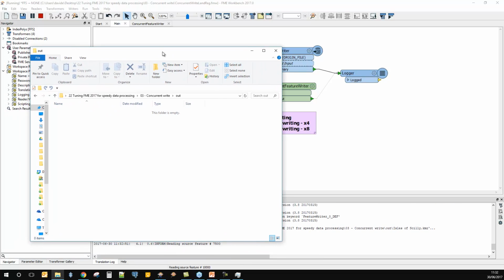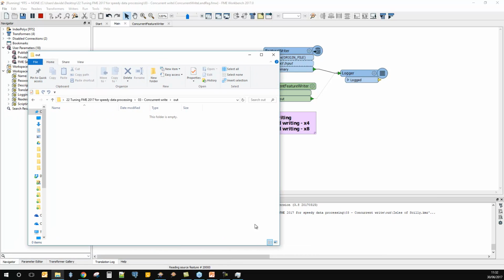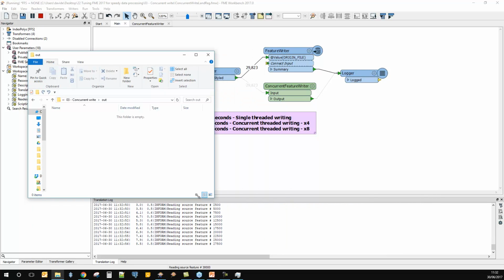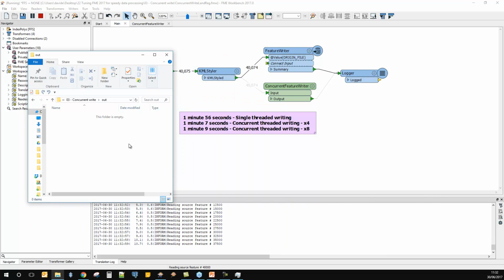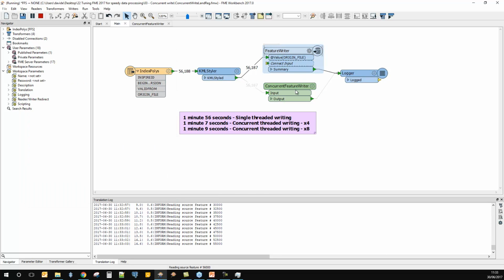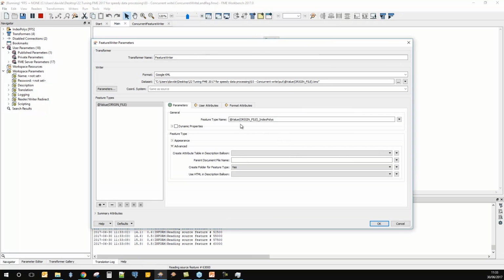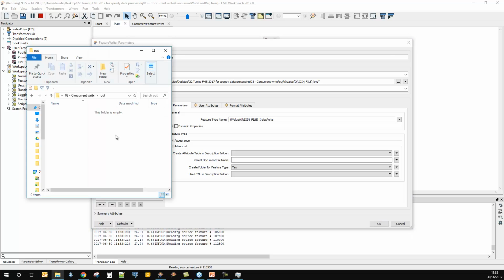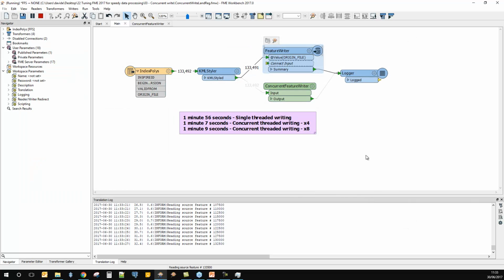what you can see is I've set it up to write out some KML files, and they should start to make their way out here in a moment. So go to the feature writer. You can see inside the feature writer we've got origin file index polys is what the name of the file is going to be called, the layer is going to be called inside the KML file, and then we've got origin file.kmz is the file name itself, and then this will rattle through and create us some output shortly,